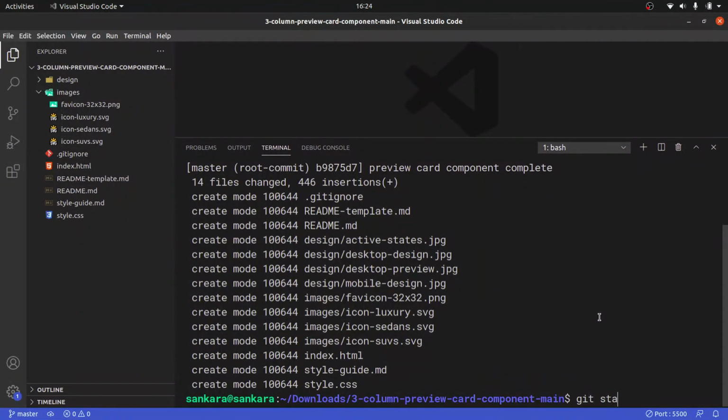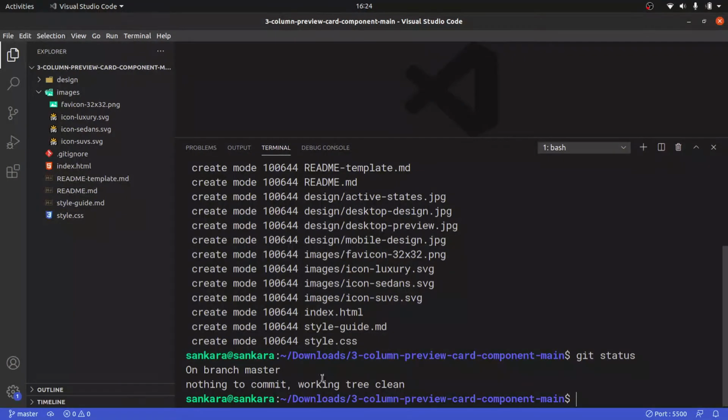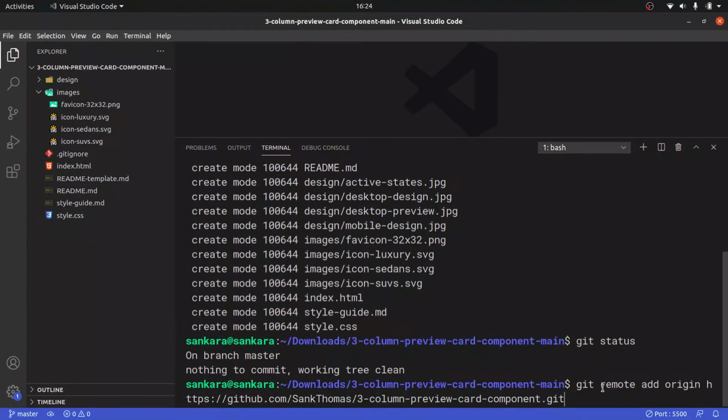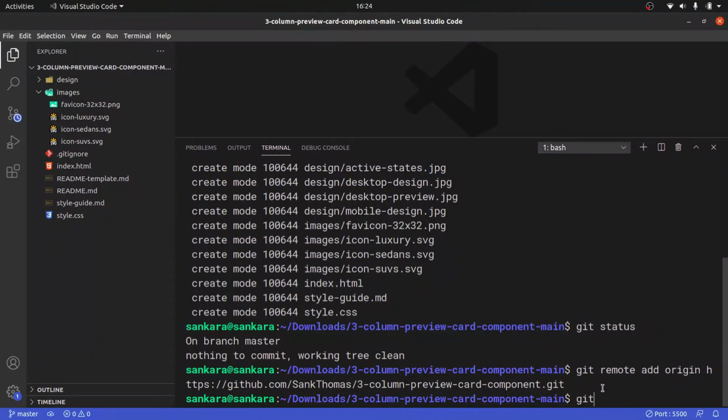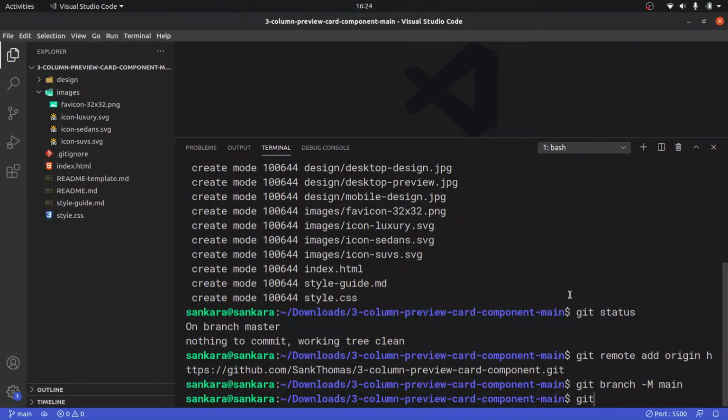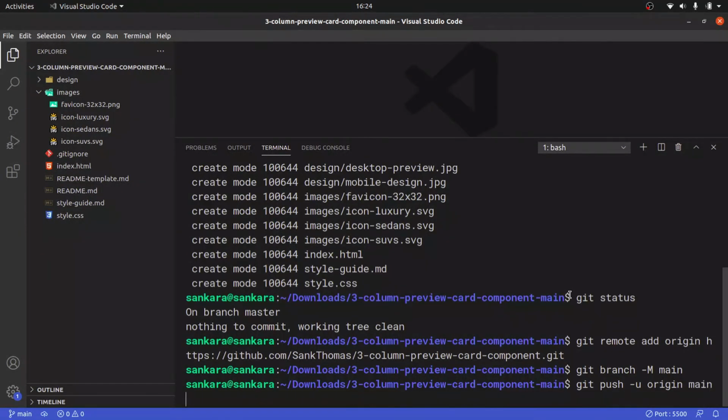so that we can say git status, and we can see that everything is on branch master, nothing to commit. Okay, never mind about that. First of all, you need to change this branch. Actually, let's do this last. I'm going to say git remote add origin, and I'm just going to paste in that link that I copied, and then I'm going to change this branch from the master to the main branch. So I'm going to say git branch -M main, like so, which will change to the main branch. I'm going to say git push upstream, so -u, and I'm going to say origin, push it to the main branch,